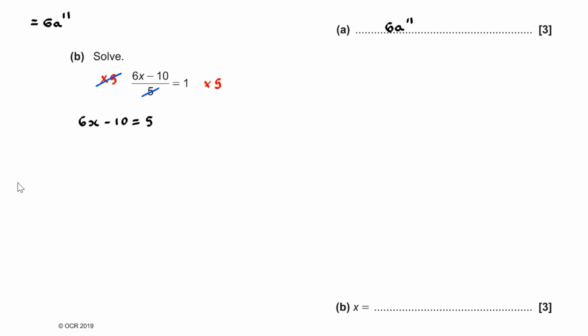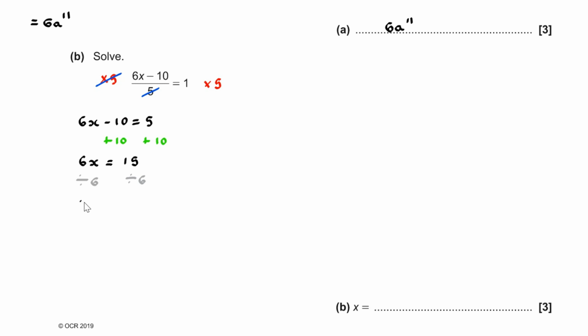So we've got 6x minus 10 equals 5. And now if we add 10 to both sides, we have 6x equals 15, and therefore if we divide both sides by 6,